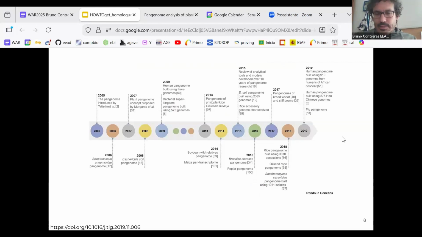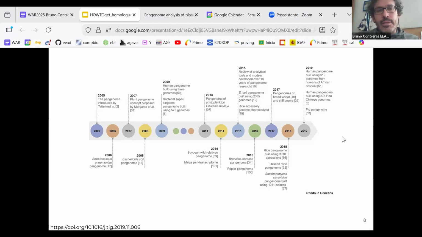And in these final slides of the general concepts, I just wanted to recapitulate the history of pangenomes. And you can see that the paper I mentioned in my second slide, the Tettelin paper, according to this review, was the first paper about pangenomes in 2005. Well, I could argue the Welch paper, probably in 2002, was the first one, but that's fine. You see here some landmark studies,